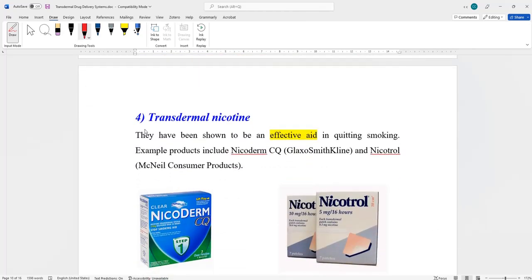Example number 4, transdermal nicotine. Oh, here it reminds us of cigarettes. Now, you know, people who are addicted to smoking cigarettes have problems quitting smoking. What they found, they did a clinical trial. They recruited some smokers who want to quit smoking. They recruited them into this clinical trial and divided them into 2